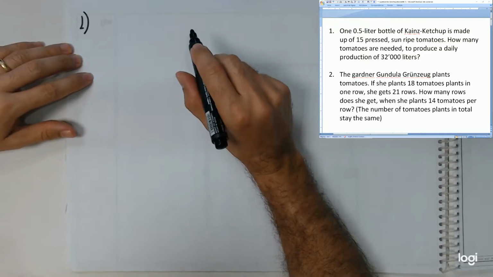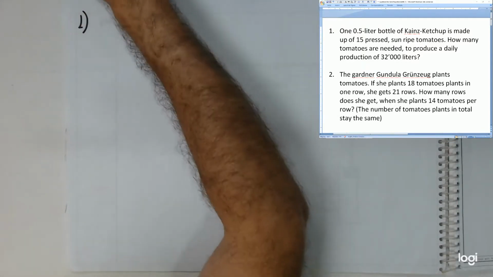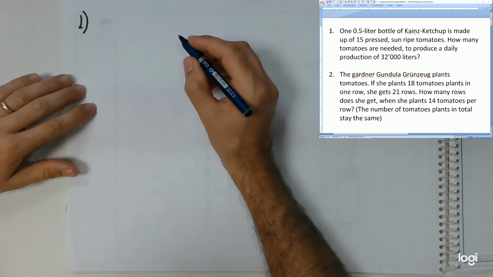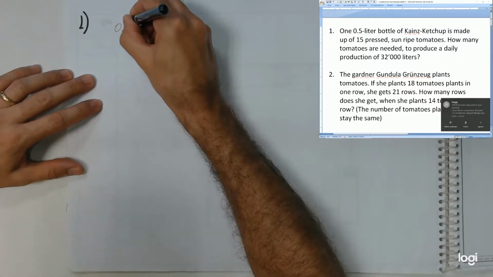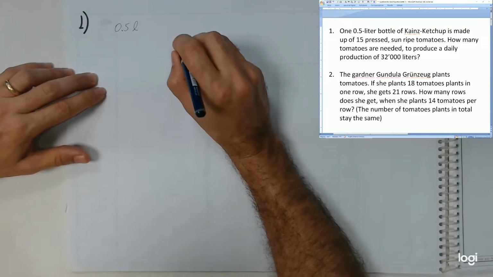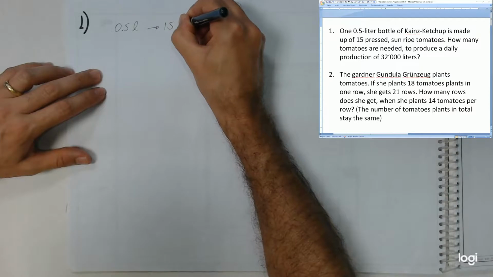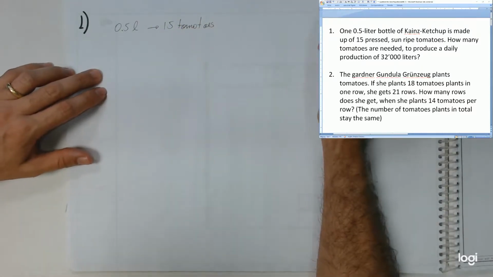We start with a half-liter bottle of Kainz Ketchup. So let's just put this. So we have half a liter. And those half liters of ketchup are made with 15 tomatoes. Good. Now,